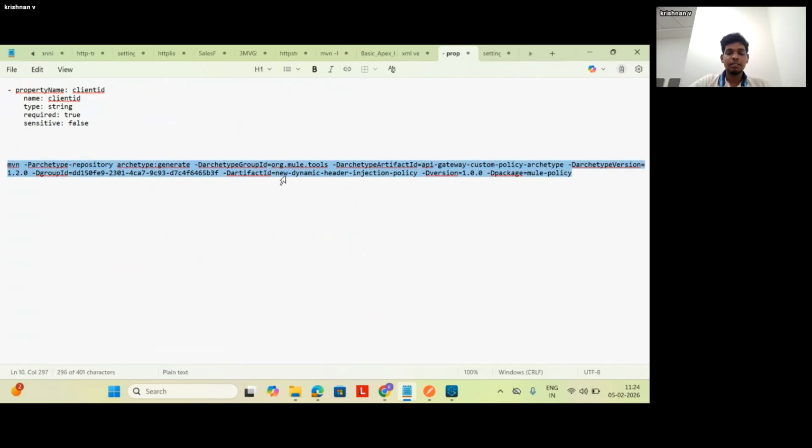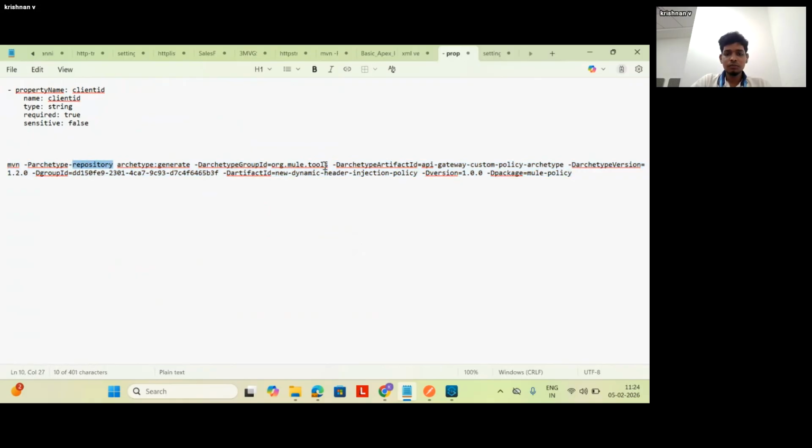Here you can see this is the Maven command. You can get this command from the official Mule document. I pasted the links in the PPT also. If it is needed, just let me know, I will paste the MuleSoft document link in the chat box also. Here you can see, here also we will mention our